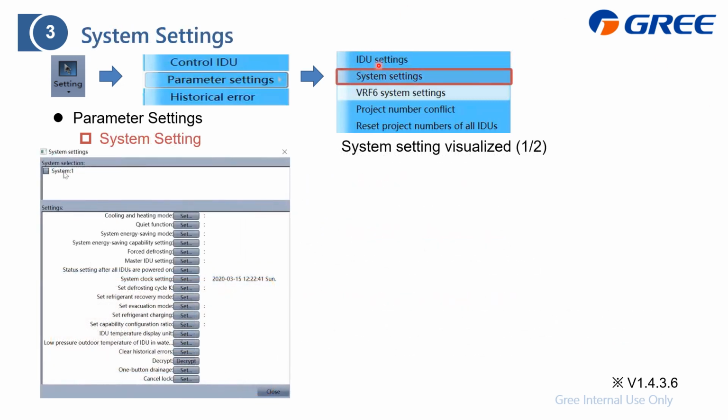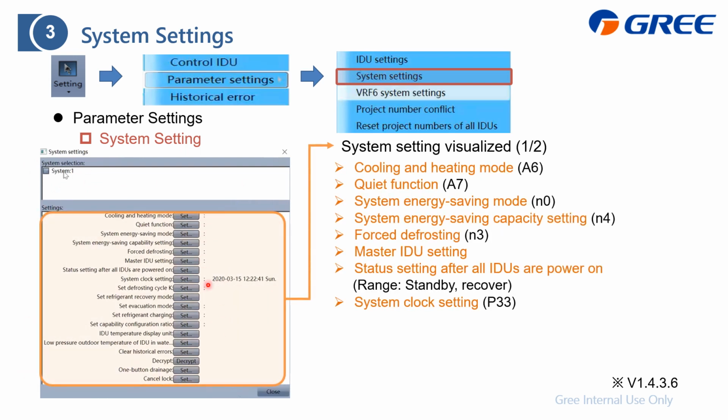When you select the second one, it will go to the system setting, which is this page. And also, if you click the indicated system, it will show you this one, which is here. First, we read the settings already set here, and then you can also change them. Actually, these are the items. You can find that we made this the same as the outdoor unit, right?